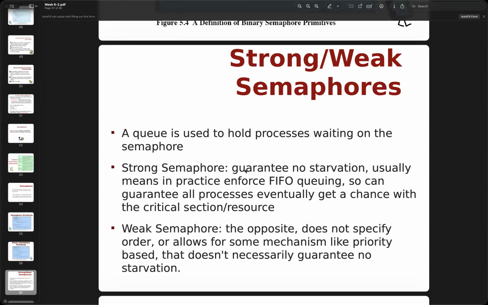With other mechanisms, sometimes a process never gets executed, which is starvation: it is waiting but never executed. The weak one is the opposite, so it doesn't specify an order. It allows mechanisms like priority-based and doesn't necessarily guarantee no starvation. These are called weak semaphores. So we have a strong and a weak one.